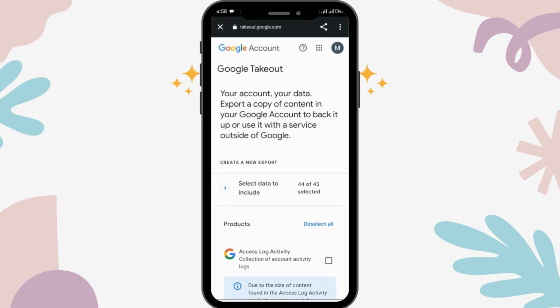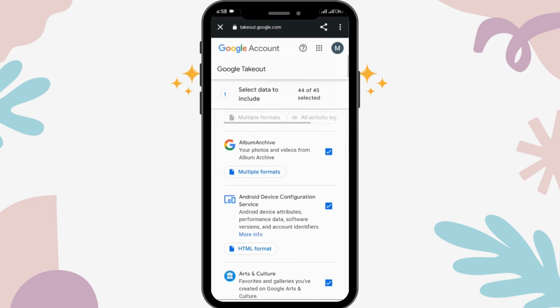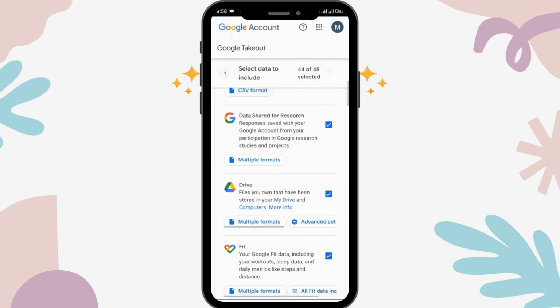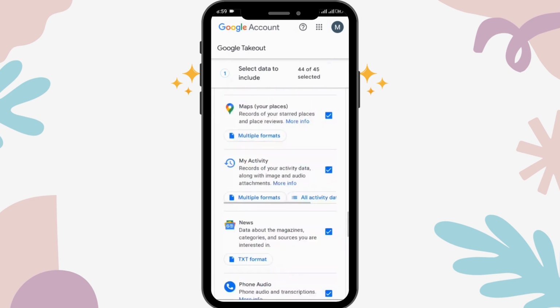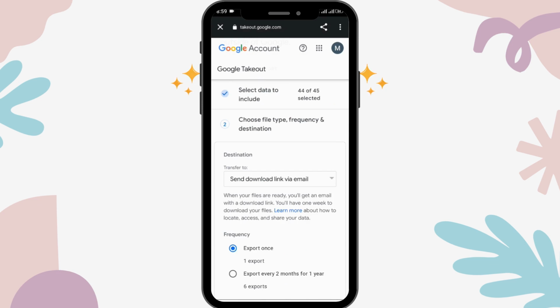Here you have to select all of the information that you want to be downloaded. That can include any of these information or the files. You have to scroll down and you'll be able to see the next step option. Simply tap on next step,